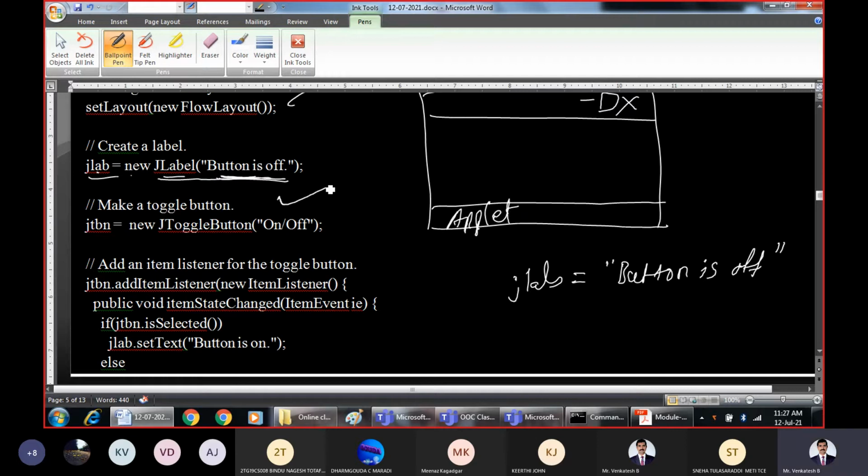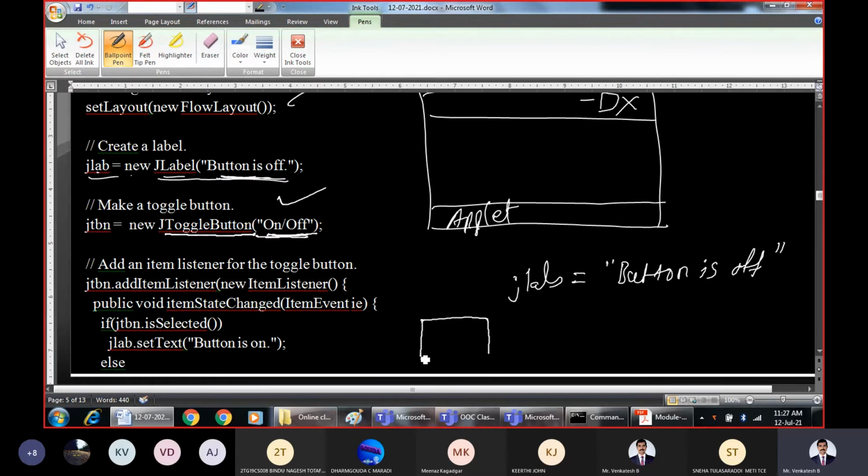Right, then we are creating one new toggle button which can always toggle between press and released. In this case, specific names are given as on or off. So we are creating a new button by giving some label as on or off to that.